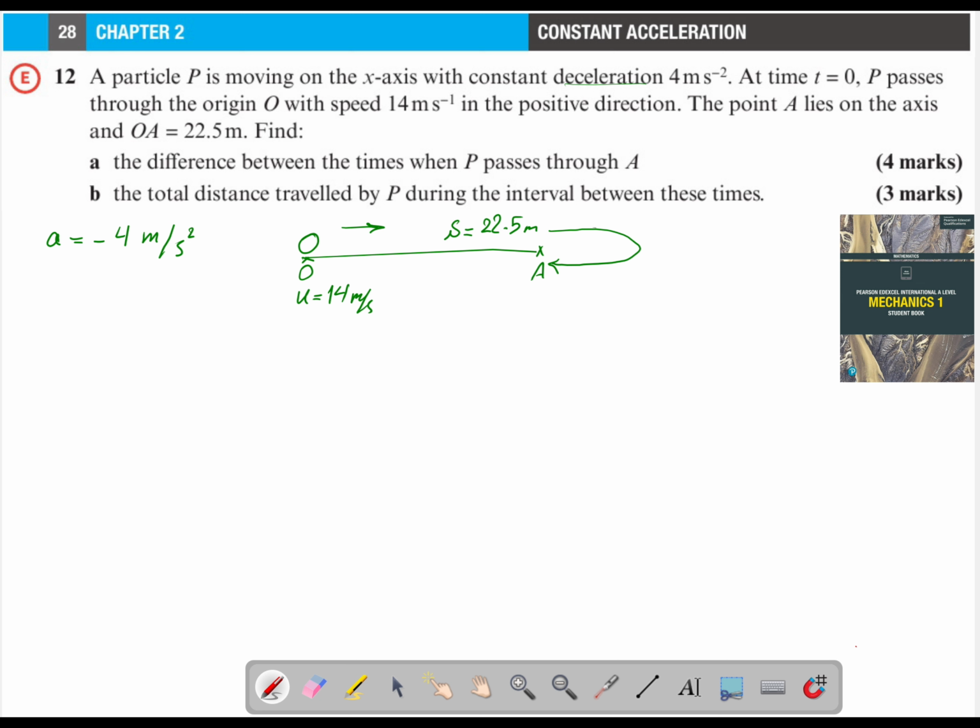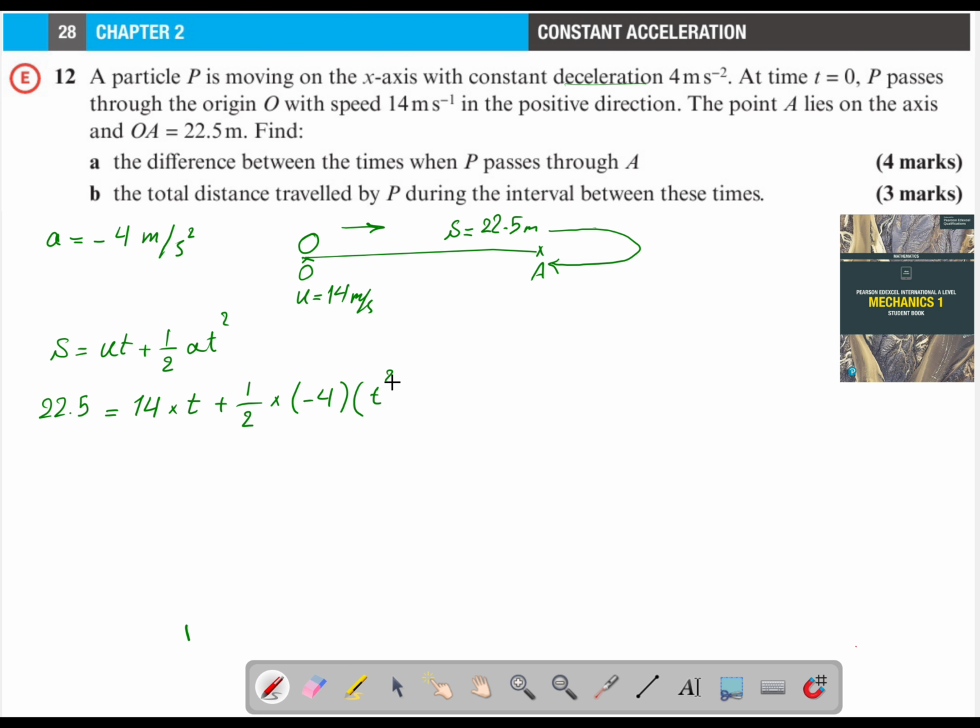So we can write the formula S equals ut plus 1 over 2 a t power 2. So S equals 22.5 equals our initial velocity 14 multiplied by t plus 1 over 2, acceleration is given minus 4,